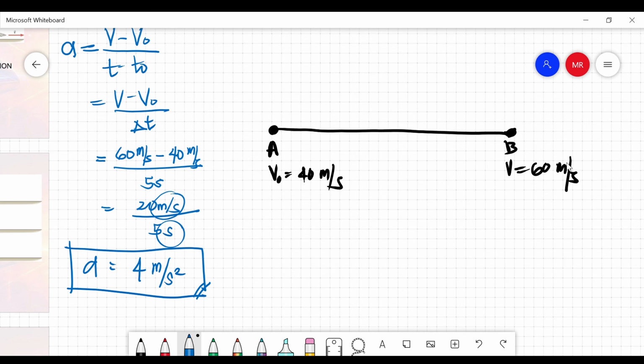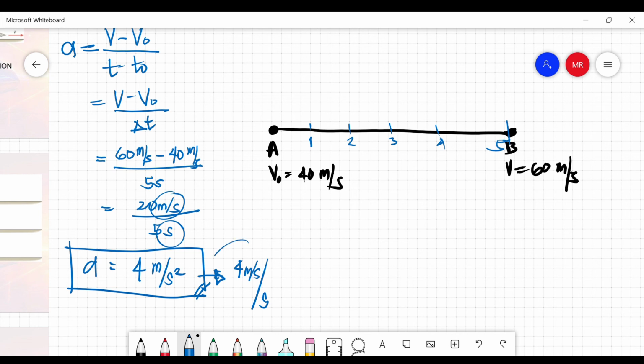Sabihin natin 1, 2, 3, 4, 5. Sabihin natin yan yung 5 seconds na lang. Ito ay 1, 2, 3, 4, 5 seconds. Sabi dito, you are changing your velocity by 4 meter per second squared. Or ibig sabihin nito, nag-change ang velocity mo ng 4 meter per